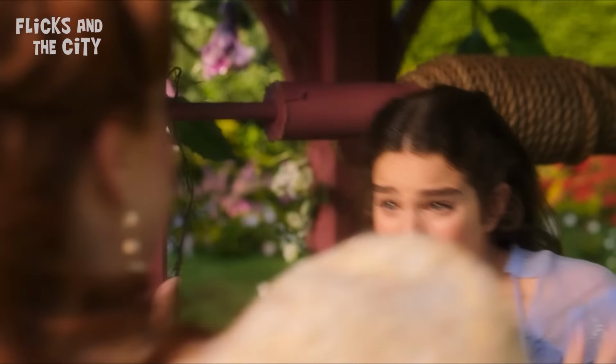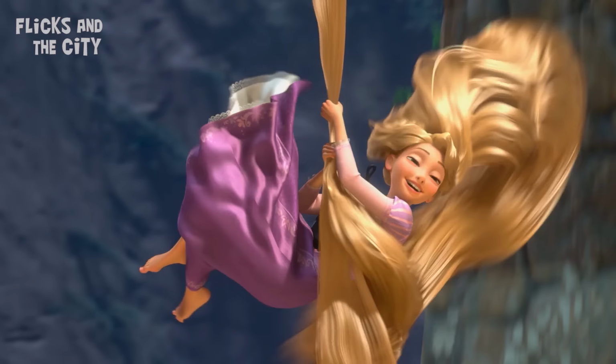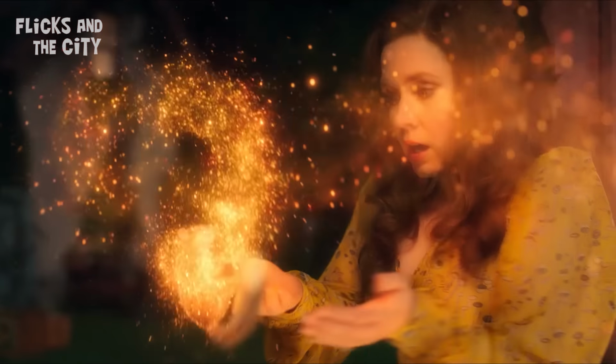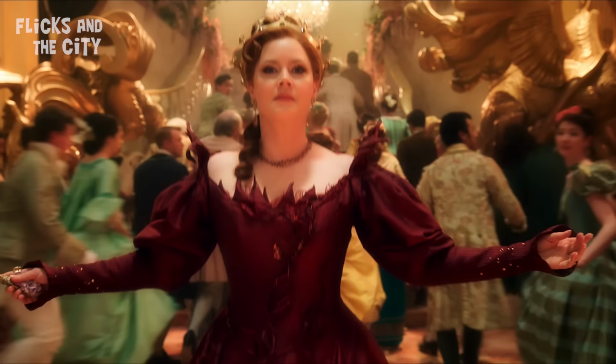Giselle is back for an Enchanted sequel that's overflowing with deep-cut Disney Easter eggs, magical references and in-jokes. Yippee-ki-yay movie lovers, I'm Jan, and I've been rewatching and pausing Disenchanted to uncover all the incredible little details you